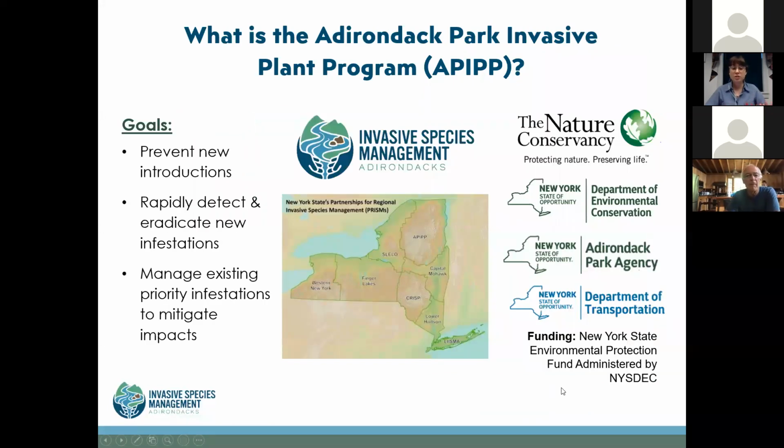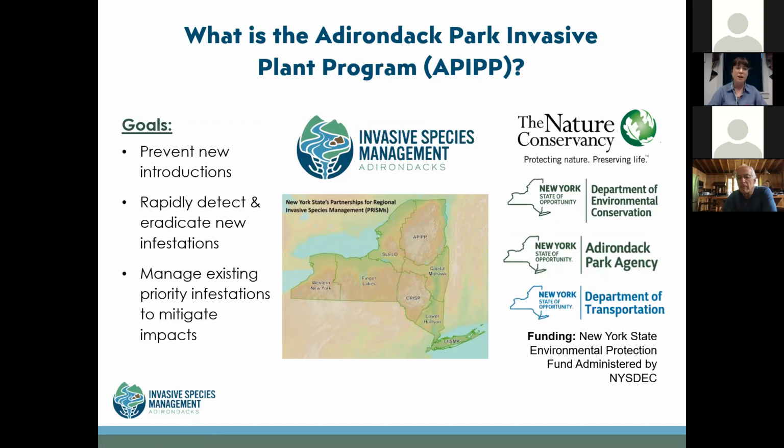So just an introduction to what is APIP. The Adirondack Park Invasive Plant Program has been around since 1998. We were co-founded by these 4 different agency and nonprofit partners: the Nature Conservancy, the Department who we are housed and managed by today, the Department of Environmental Conservation, who funds our program, the Adirondack Park Agency, who is a